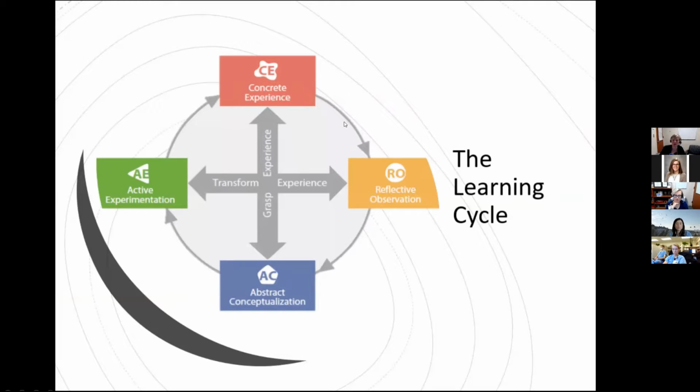on the tension. So, for instance, learning, we may have a concrete experience, for instance, of getting yelled at by a borderline patient on 2 East, concrete experience. And then we may reflect on that, step back, think, what just happened? What happened between us? What was going on with that patient? And then we may step back and draw on theory, reading didactics, and understanding concepts like splitting and projective identification, or affect regulation, or interpersonal communication that help us understand what may have gone wrong in that interaction, that then leads us to try something new the next time we interact with that patient, which will then lead to a